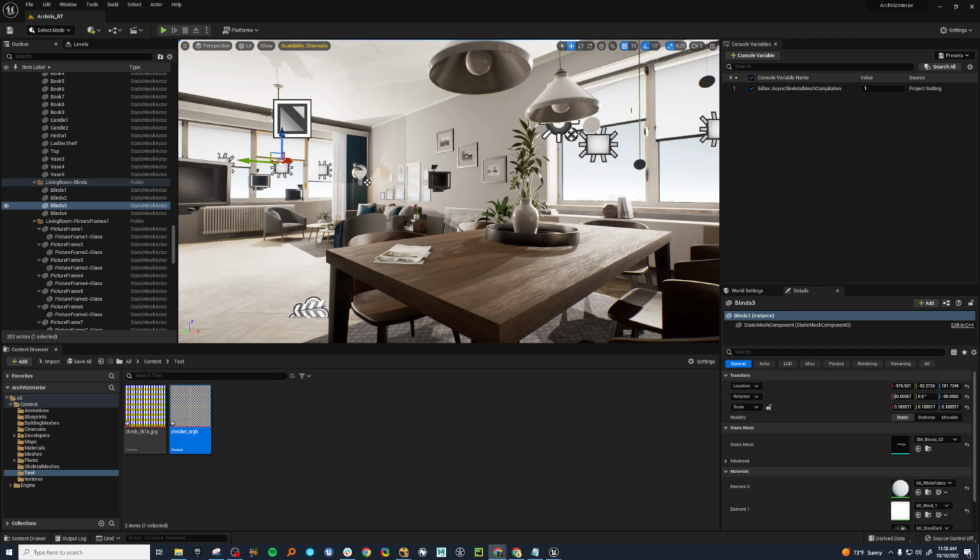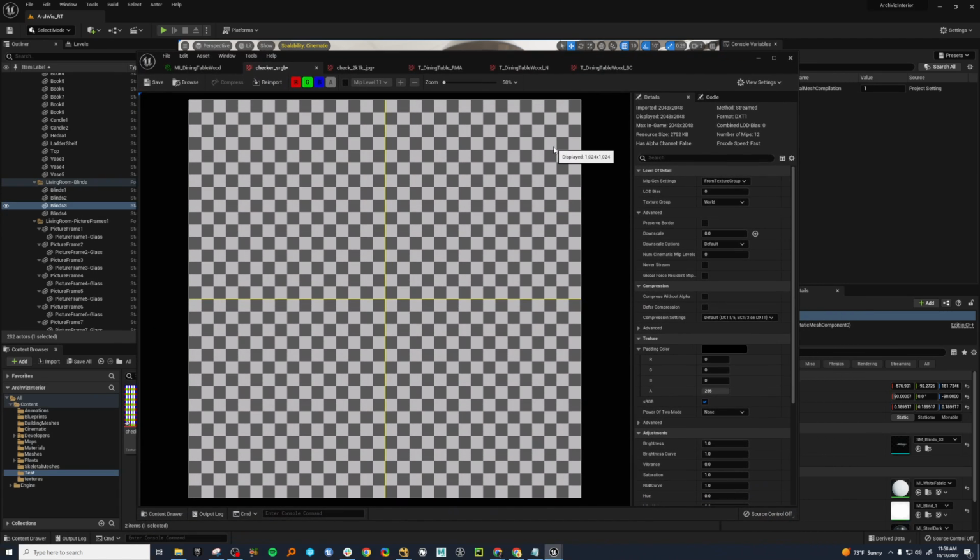Okay, so that's mips. Let's go back here and have a look. The next thing I want to look at is compression, and this is a big one. You see your resource size here. That's the amount of memory this texture takes up on your GPU when you send it to render. So if you go down here and look at compression,